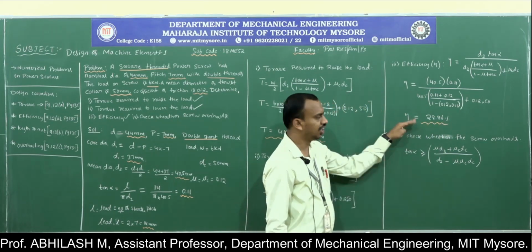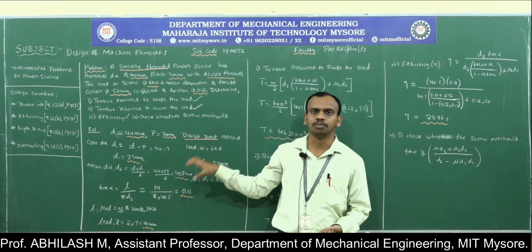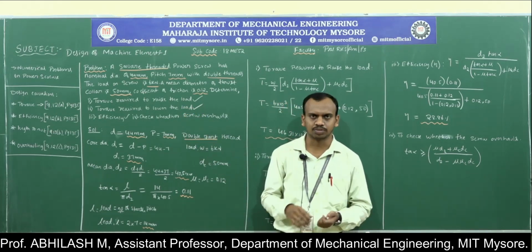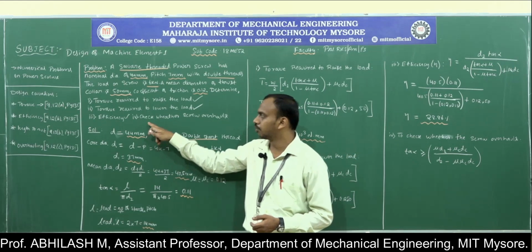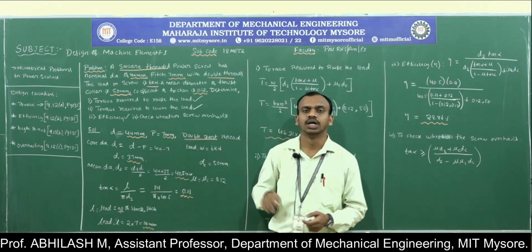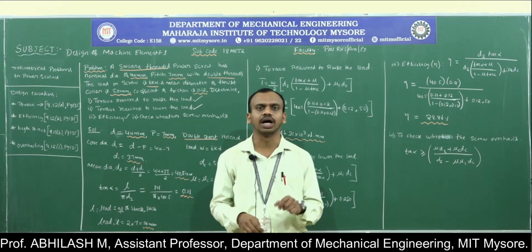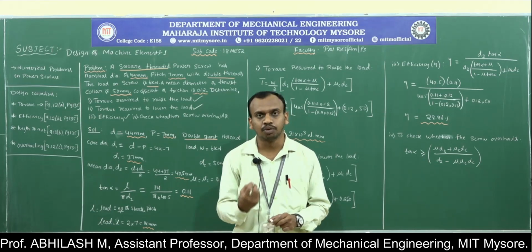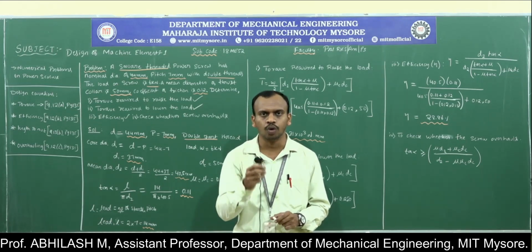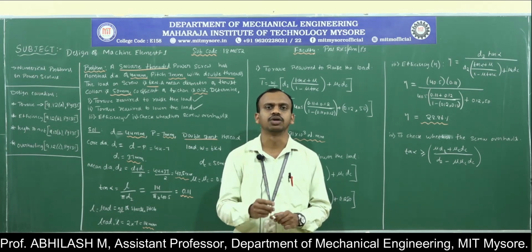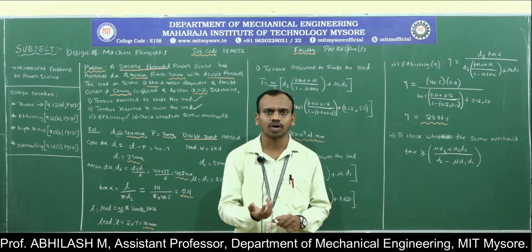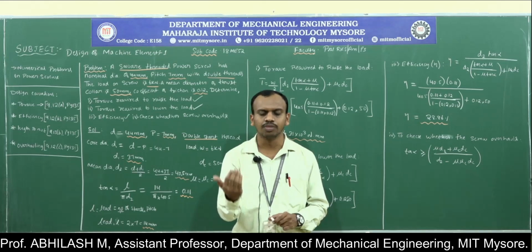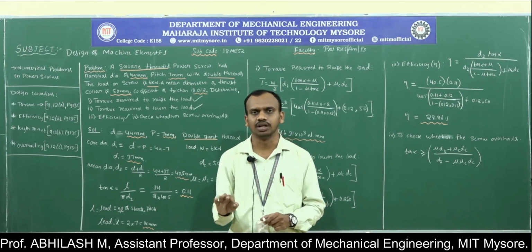So this is the amount of efficiency of this particular drive for this amount of load that it has to lift. These are all the fundamentals that we have solved in the previous problem also. But the other thing they have asked in this particular problem is to check whether the screw overhauls. We know a condition called self-locking and overhauling. What is self-locking? We are supposed to apply some amount of torque in order to lower the load. This condition we call self-locking. What is overhauling? There is no force required in order to lower that particular load. It will automatically come down.